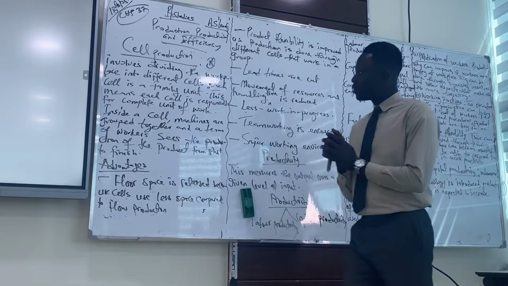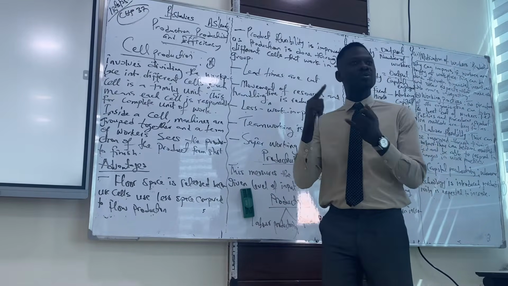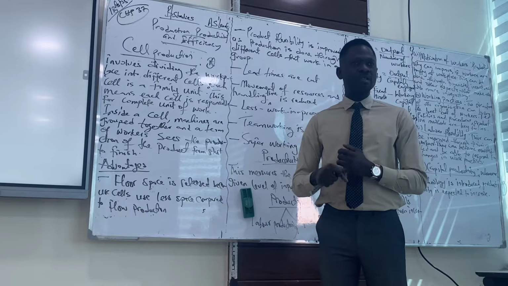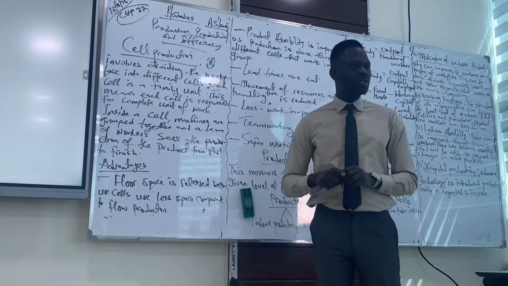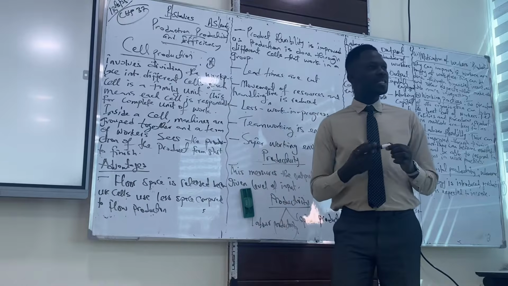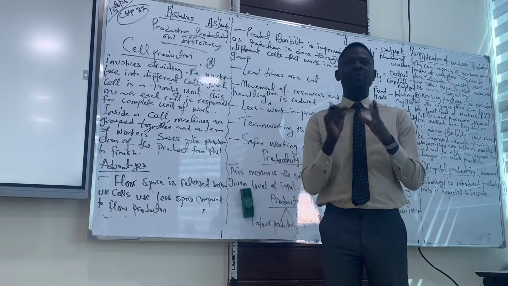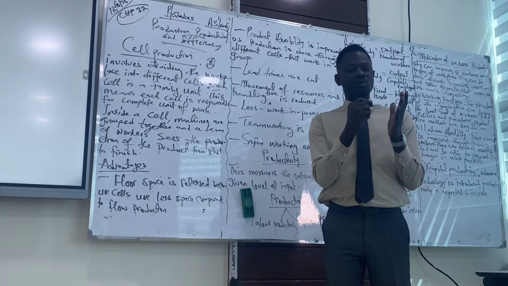We continue with production, productivity, and efficiency. In the previous class, we talked about flow production, and we're going to talk about the last production method, which is cell production. Cell production is almost the same as flow, but the difference is that we make sure that